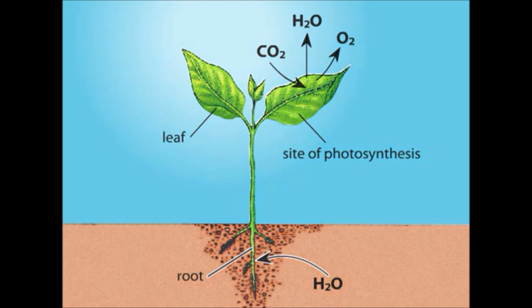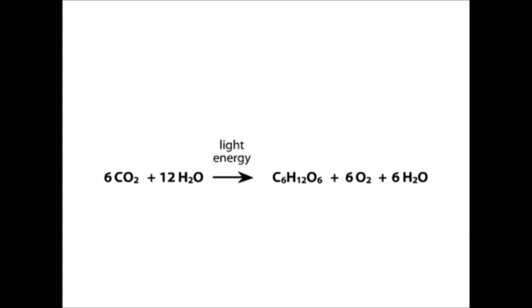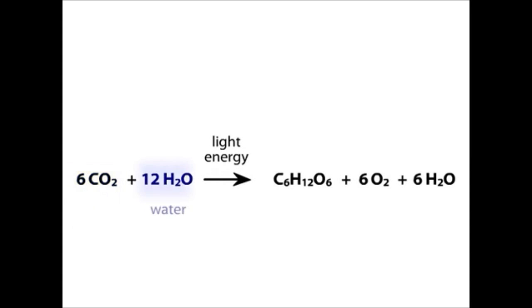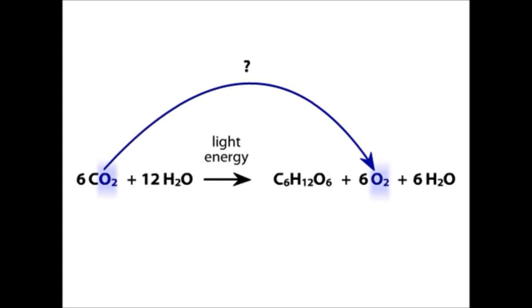The basic process of photosynthesis can be summarized using the equation shown here. Carbon dioxide, water, and light energy combine to yield the products of sugar, oxygen, and water. Of course, knowing the reactants and products does not tell us the specific nature of the photosynthetic reactions that take place. For example, where does the oxygen that's released into the atmosphere by plants come from? Does it come from the carbon dioxide or from the water? This question was